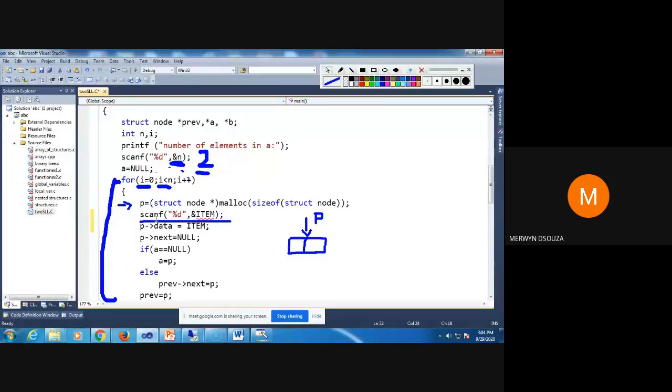Instead of doing like this, I'm directly putting where I want to store the data. I want to store the data in p arrow data. So whatever value I enter will get stored here directly, in p arrow data.